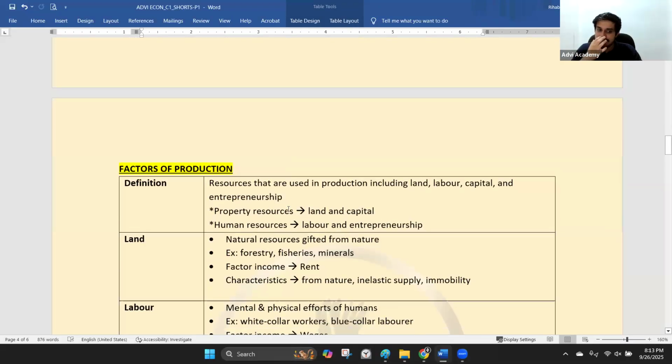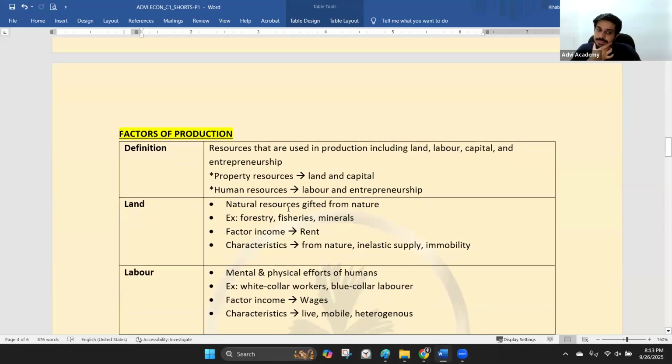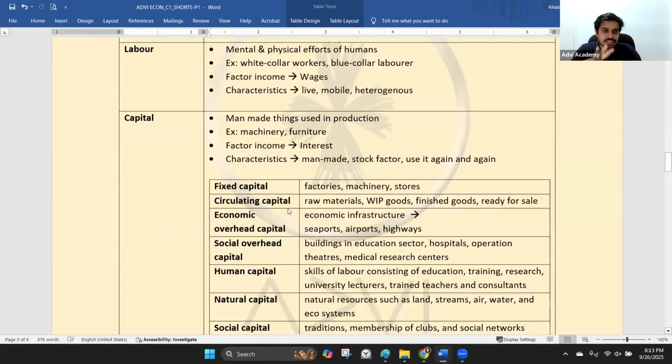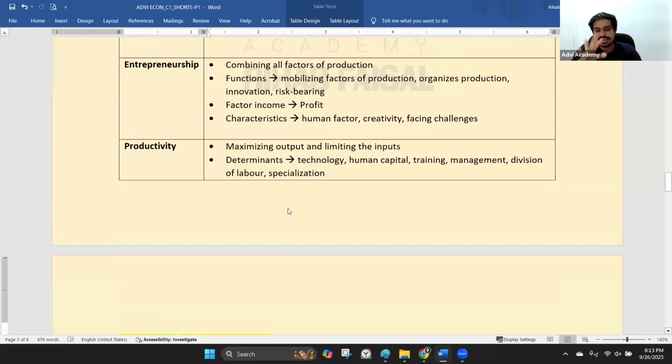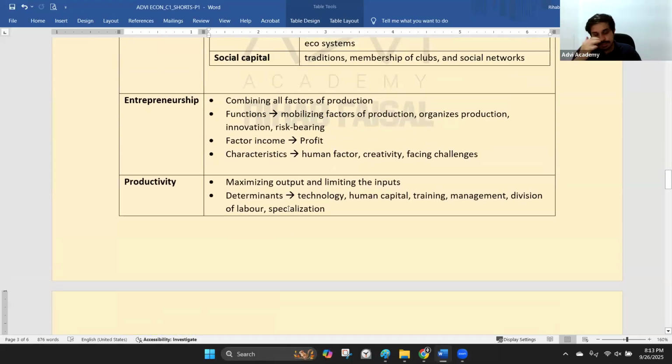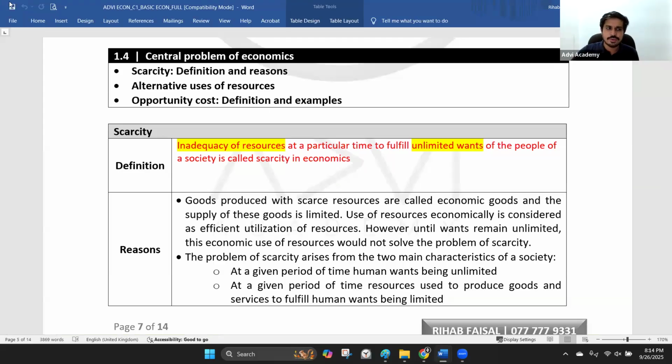Okay. And then we spoke about factors of production: land, labor, capital, entrepreneurship. And we have summarized land, labor, capital, entrepreneurship as well. Until productivity, we actually spoke about it. We also talked about a lot of questions, right? So today we are going to proceed from this point onwards and cover the next important section, which is economic systems, which is obviously in every paper. At least 1 or 2 questions basically come from that. So we're going to talk about that right now. Okay, so we can start with the same tute from last week. So you don't have to have a new tute for this basically. It's more or less the same tute.